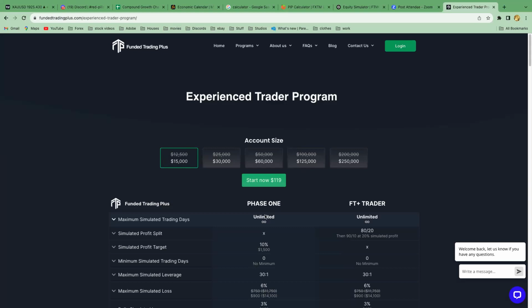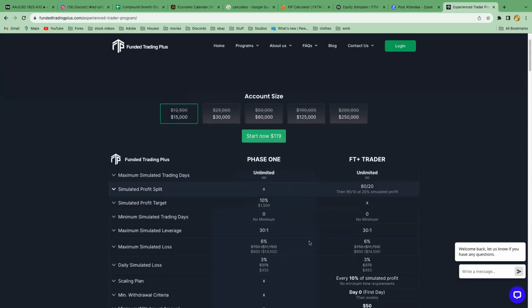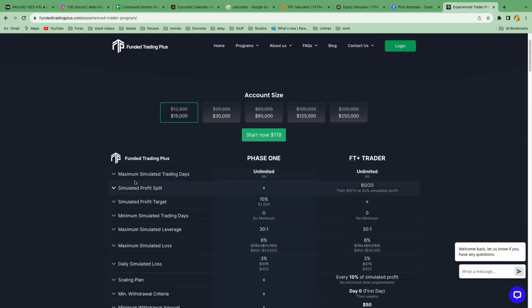So they had no time frame limit. Obviously, a lot of firms followed suit about six months later, which was actually hilarious, because I was a strong advocate saying that firms are ripping you off with this silly time frame nonsense, because that's not realistic. The market doesn't work in a time frame system like that. But here we go. We're at this point now where this firm is one of them, as well as others. And you've got unlimited trading days. You can trade forever.